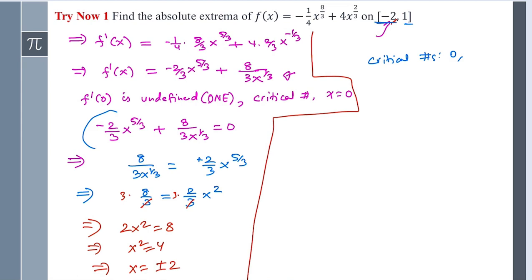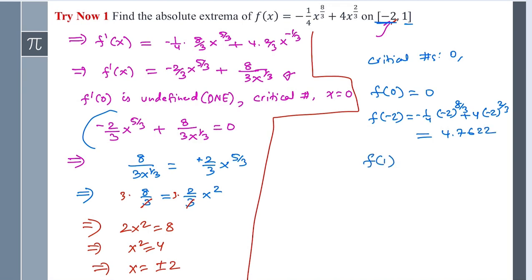Okay. So let's evaluate the function at 0. If you evaluate the function at 0, it just gives you 0. And if you evaluate the function at negative 2, so that's negative 1/4 times negative 2 to the 8/3, and then plus 4 times negative 2 to the 2/3, and then if you put that into the calculator you get 4.7622, and then we'll evaluate the function at 1. It's negative 1/4 times 1 to the 8/3 plus 4 times 1 to the 2/3, and if you simplify that you will get